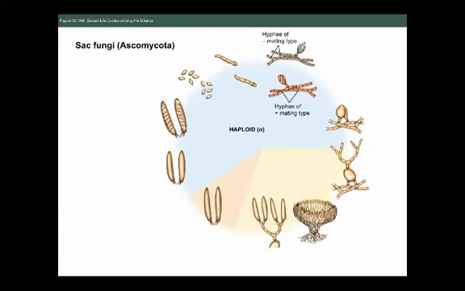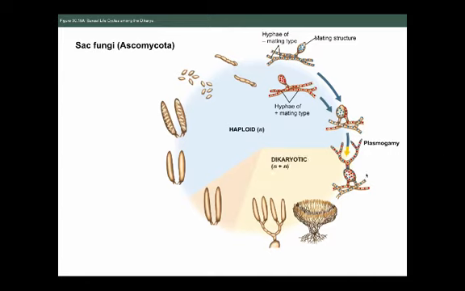So I think I may have posted with the slides, I'll post the whole series of this animation here, which was provided by the people in the book, but you can walk your way through the life cycle where each of the haploid lineages produces a mating structure. So here are two different mating types, plus and minus. They produce these mating structures. Those mating structures come together,